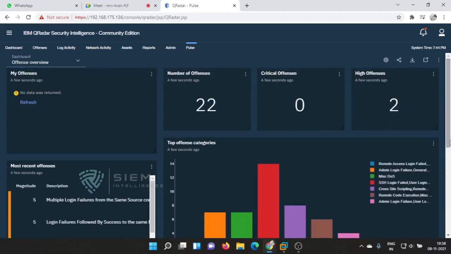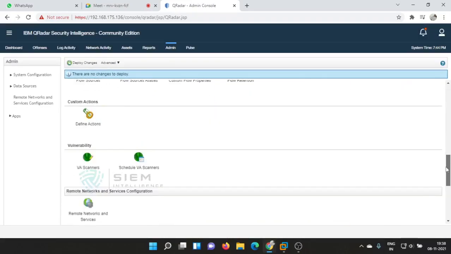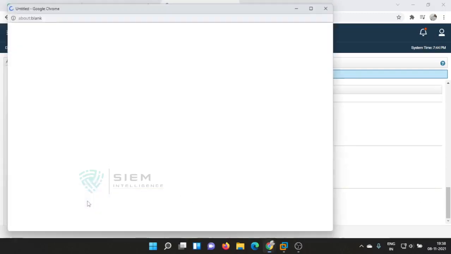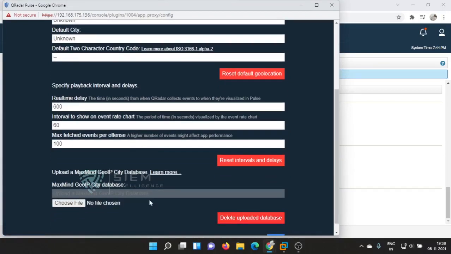Yeah, see, after installing your Pulse dashboard, you need to go to admin, and followed by you need to do some configuration settings. Here nothing, you just open this, and on the bottom you do the save. If you have any database kind of thing, you can choose and import it.